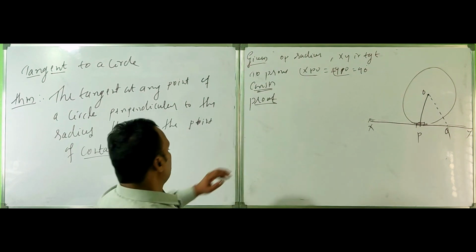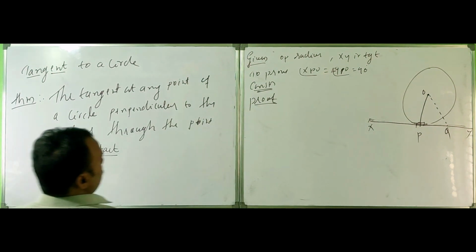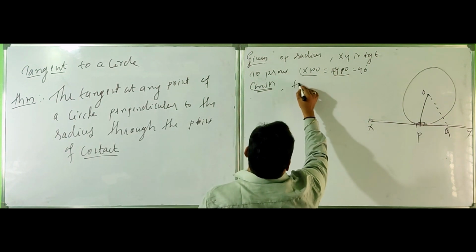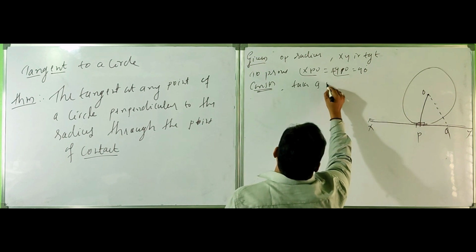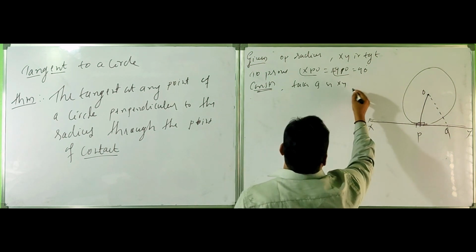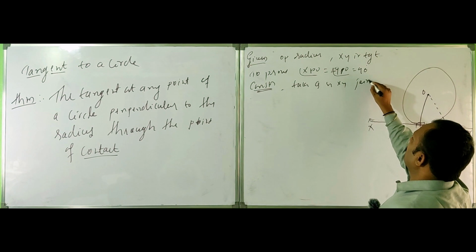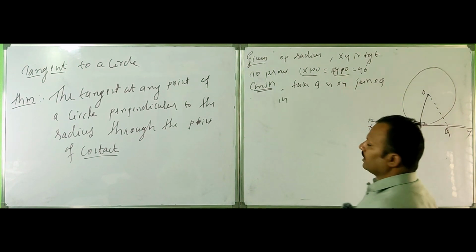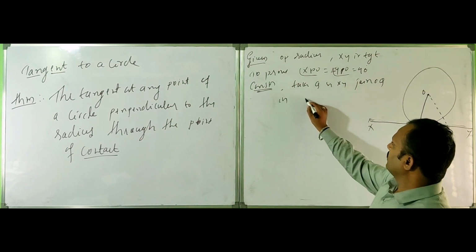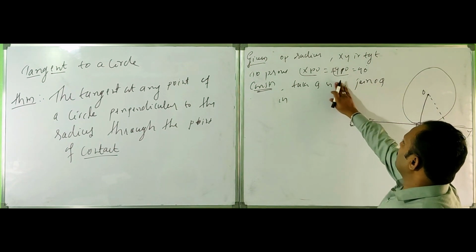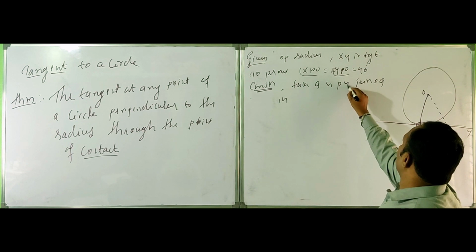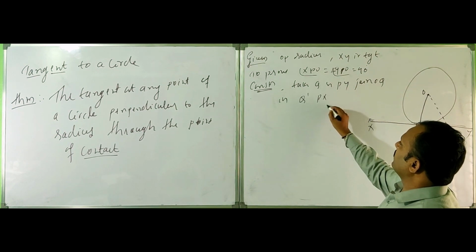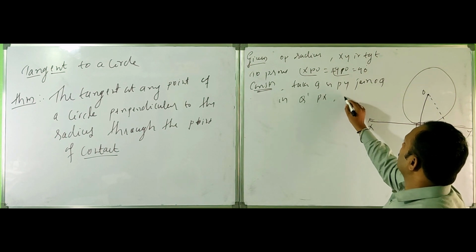Here the construction is somewhat lengthy. We need to construct something else here. Take Q on XY and join OQ. Similarly, take Q dash on the PY line, and similarly Q dash on the PX line, such that